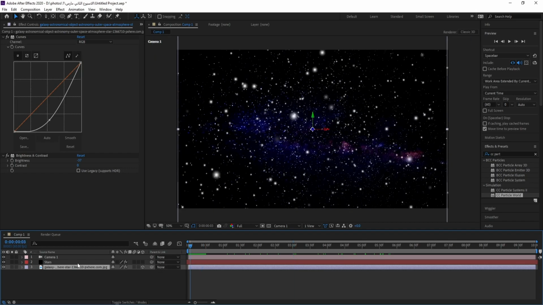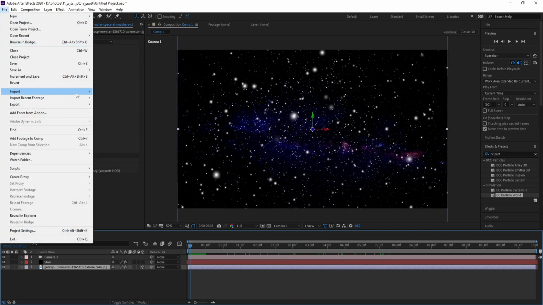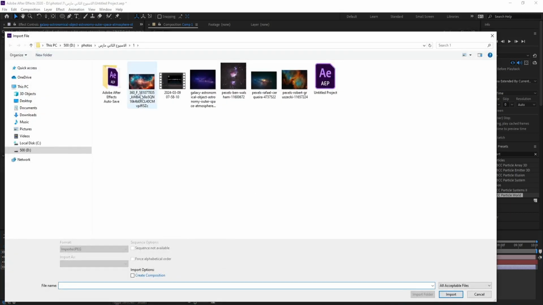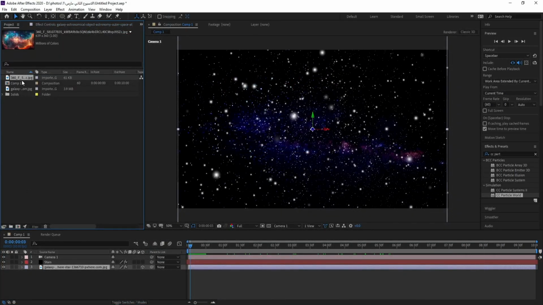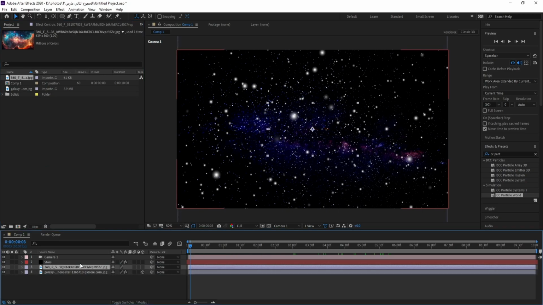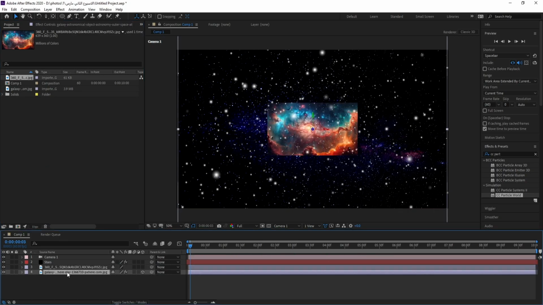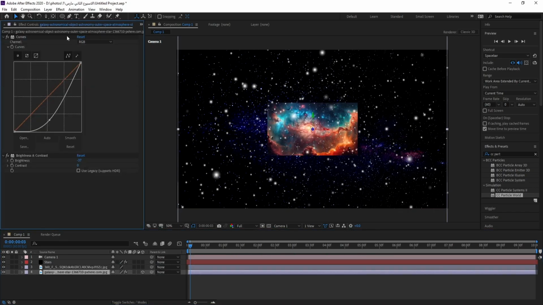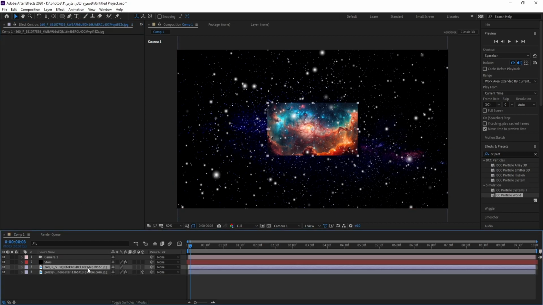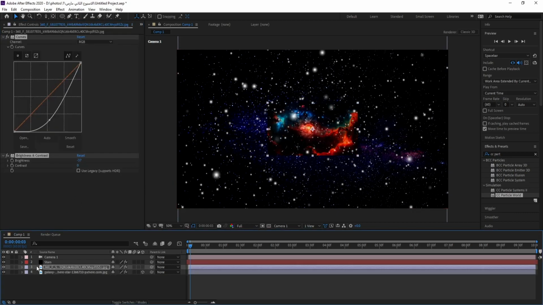Now I'll go to import another photo here, I think this one, and also drag and drop. Okay, I'll go to galaxy, the first photo, and press curves and also brightness contrast and Control C and Control V in this photo, and I'll go to pen tool here and